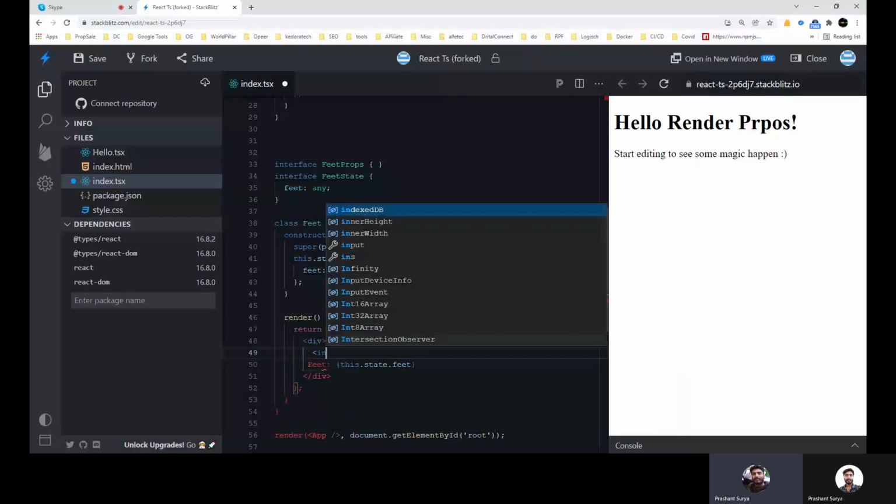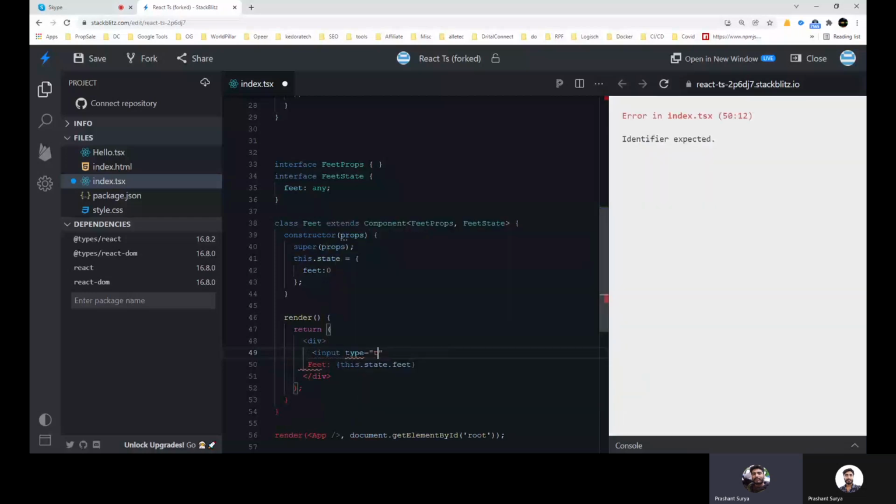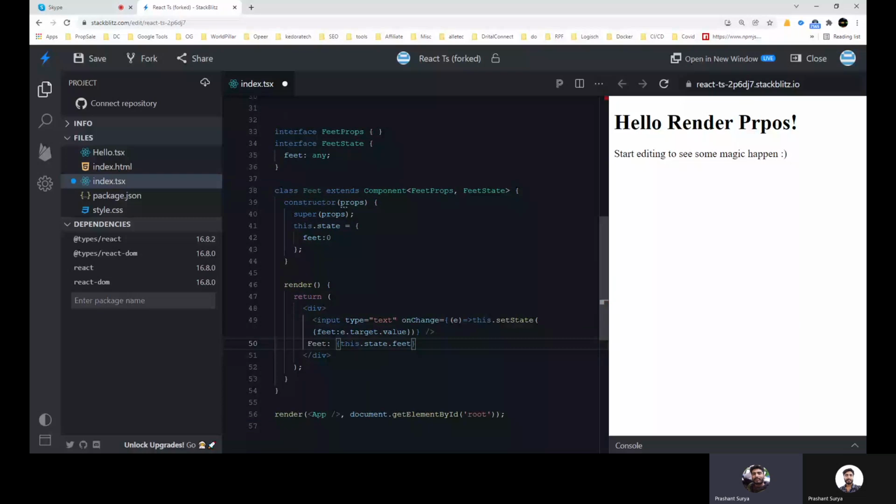So I have an input of type text, and on the change event we will update the state with this.setState, e.target.value, where e is the element. The output will be that whatever we type in the input, we get in this feet, and we print that this is entered by the user.